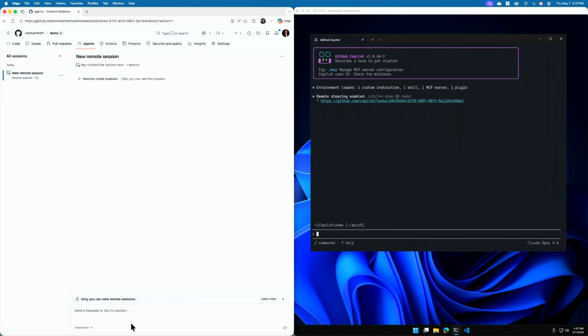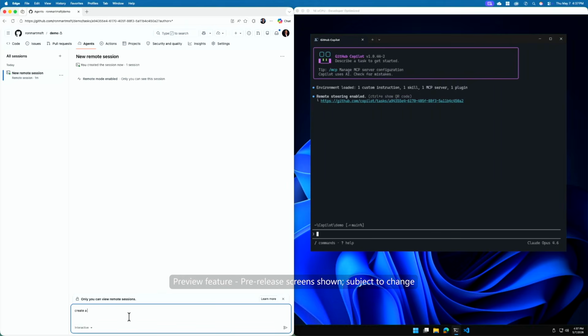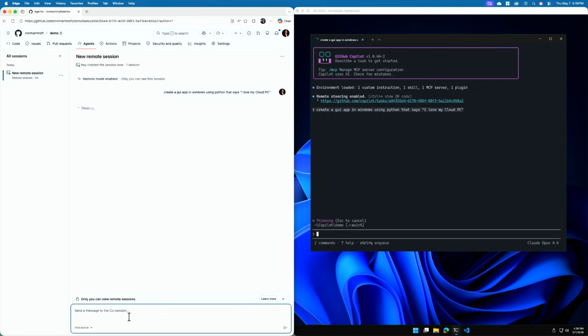Here I am on my Mac on the left-hand side of the screen working in GitHub. On the right is my developer-optimized Windows 365 Cloud PC launched from Windows app, fully configured with GitHub Copilot CLI and ready to go. I start by enabling remote sessions on my cloud PC. Once this is enabled, I can now monitor and steer a running GitHub Copilot CLI session directly from my device